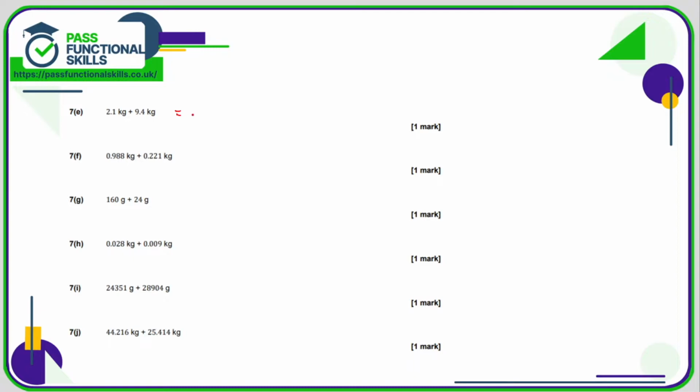2.1 plus 9.4, that comes to 11.5 kilos. 0.988 plus 0.221 comes to 1.209 kilos. 160 plus 24 is 184 grams. 0.028 plus 0.009 comes to 0.037 kilos. If you add those together, you should get